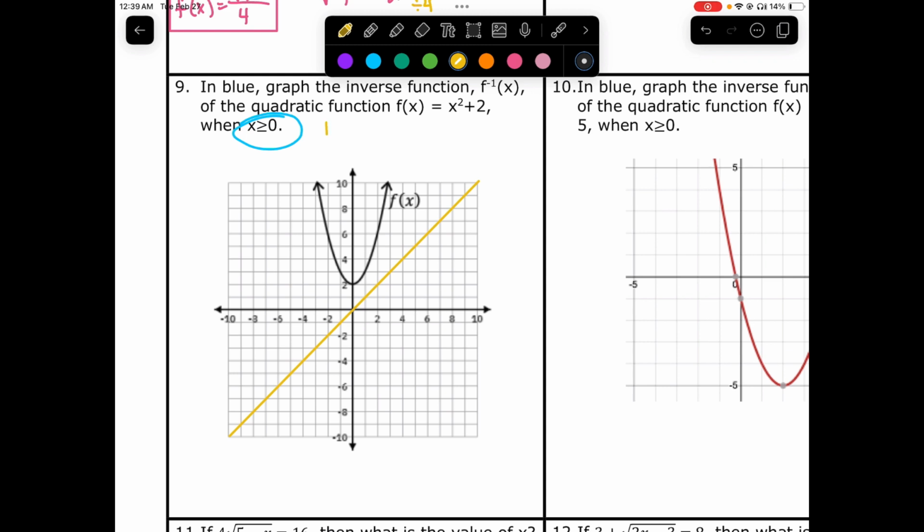I'm going to write this down. You don't need to write this down unless you really want to. Reflection over y equals x means that the x and the y are going to switch. If y'all don't remember that from geometry, that's definitely something we did when we did transformations. So that's why when we do inverses, we switch the x's and the y's. So with that in mind,